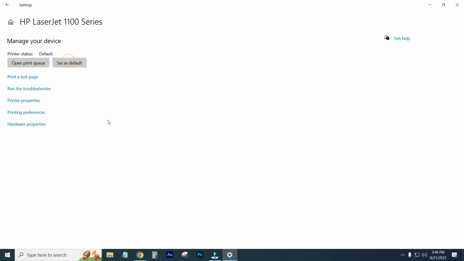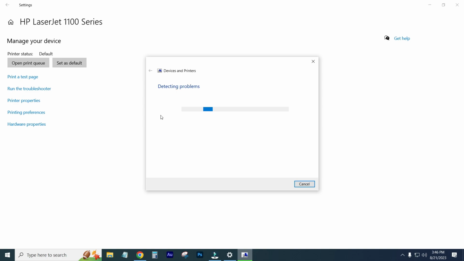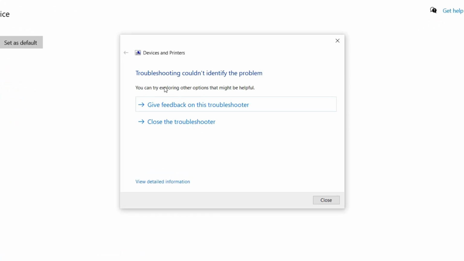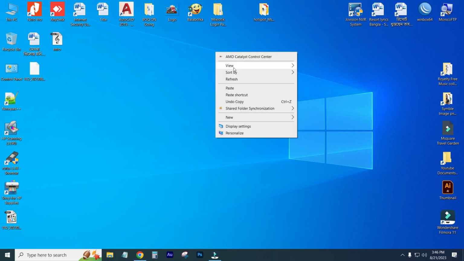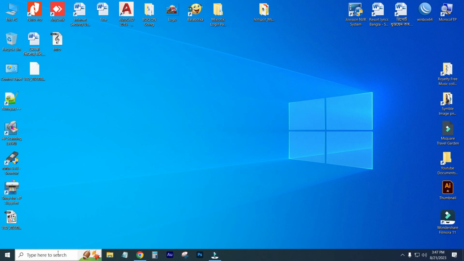After that, run the troubleshooter. Click on it. After diagnosis, if any fault is found. Here you can see there is no problem has shared. Just close it. Then go to